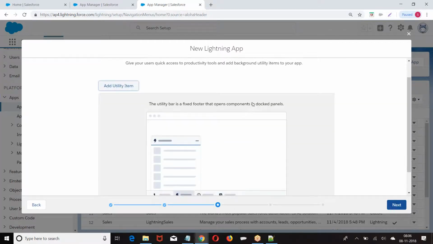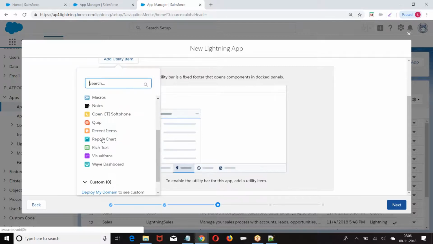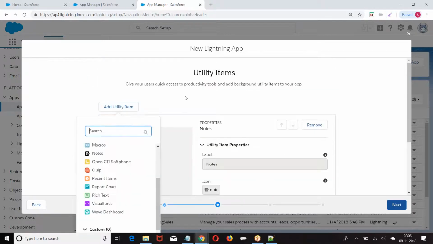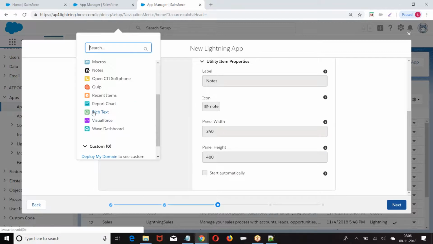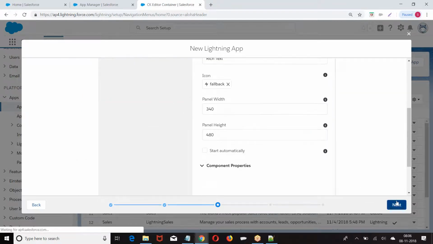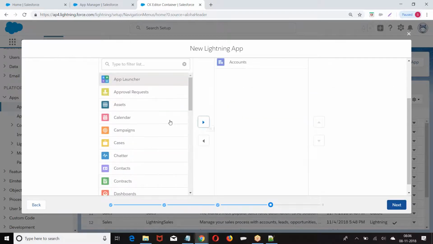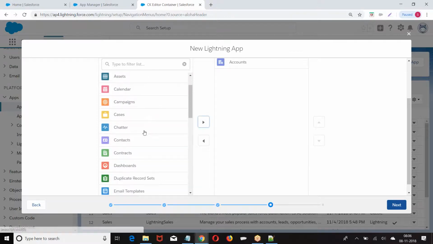Next, utility icons if you want any. Next, then available tabs, account, then we have contacts.